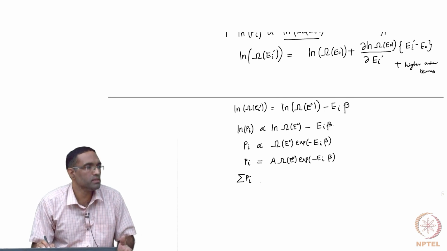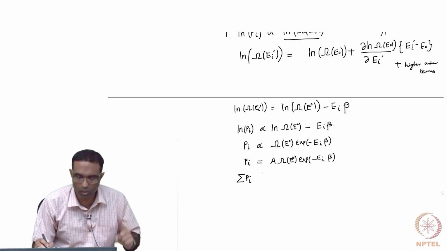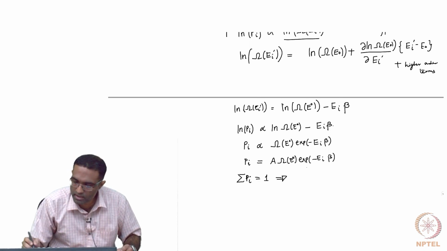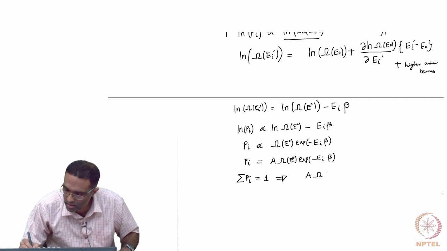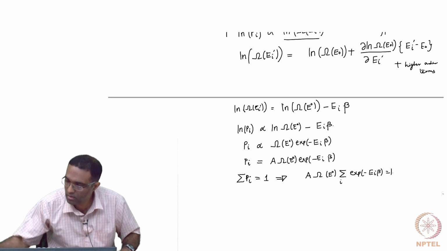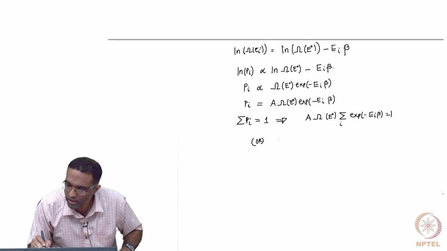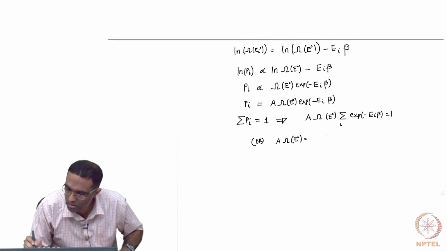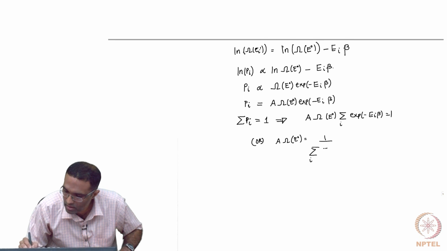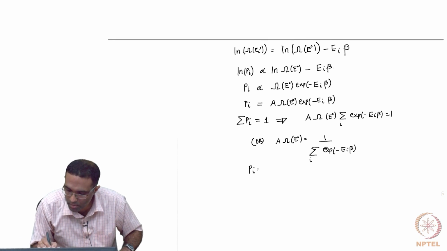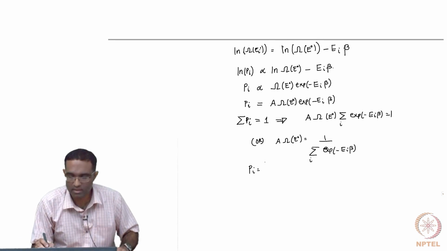Summation of probability that it is in any energy Ei is 1, which implies that A omega E naught summation over all energy states is equal to 1, or I can find out what A omega E naught is equal to: 1 divided by summation over i, or the probability that the system is at energy Ei is